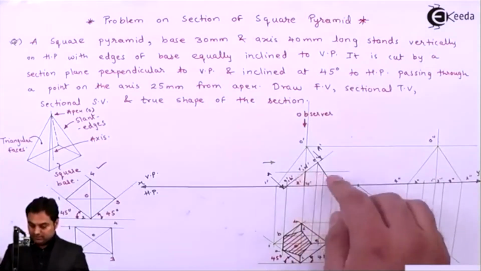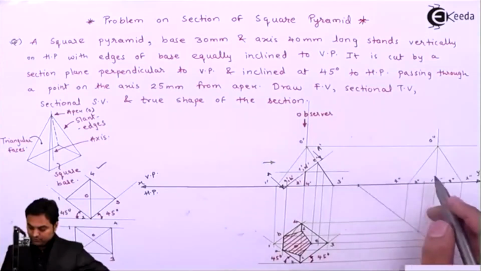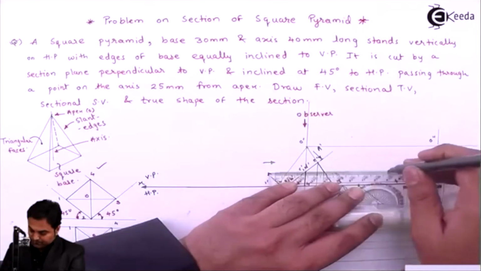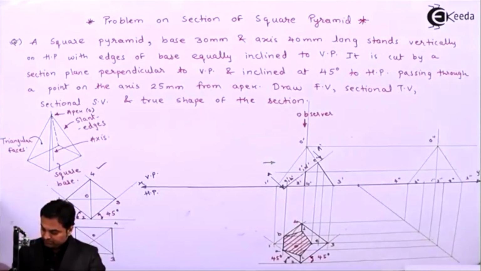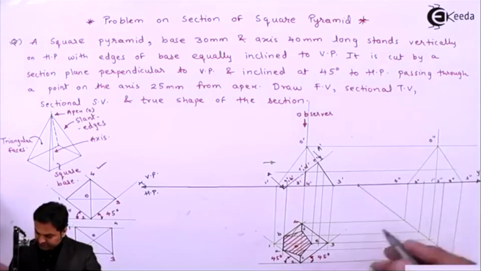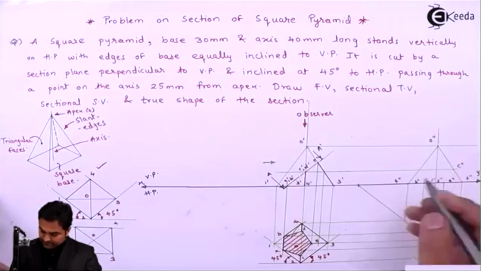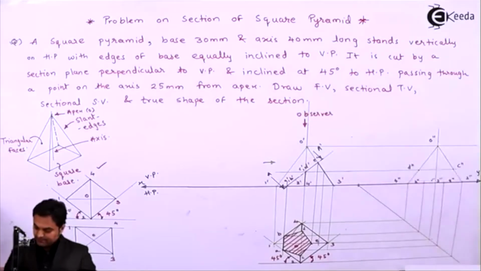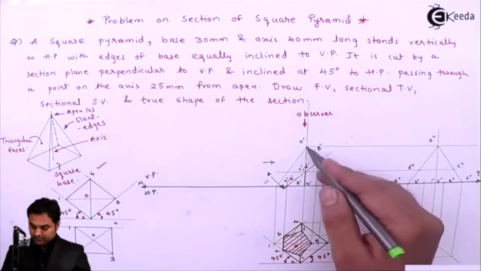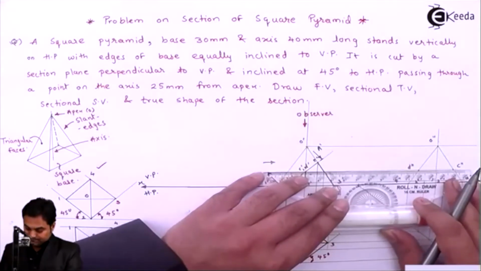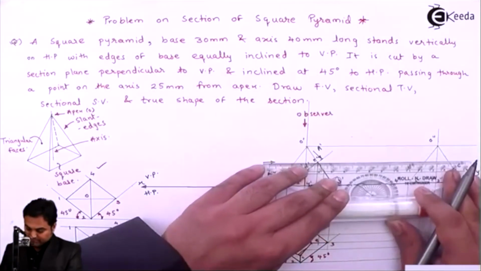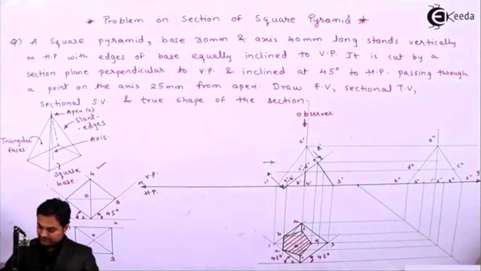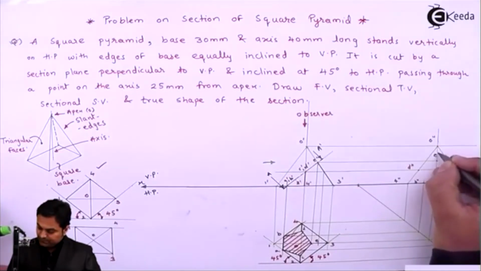Then point C and D are on O2 and O4 respectively, so projecting them light over the edges here. On O double dash 2 double dash, we are having the point C, which is giving me C double dash. On O dash 4 dash, we are having D, which will give me D double dash. Then for point E, it is on O dash 3 dash. There are in total 5 points to be projected. So this is on O double dash 3 double dash. That is point E double dash.